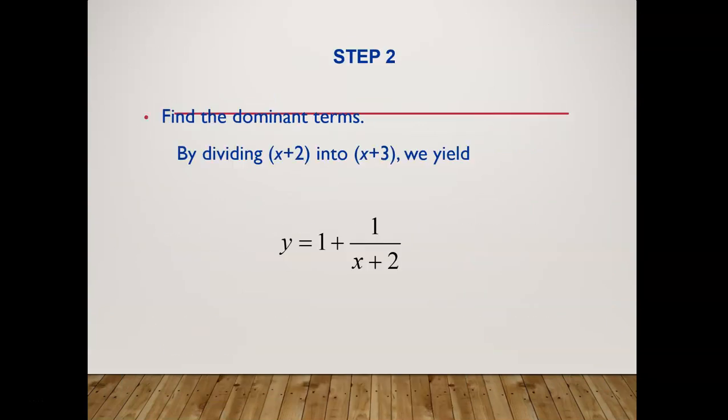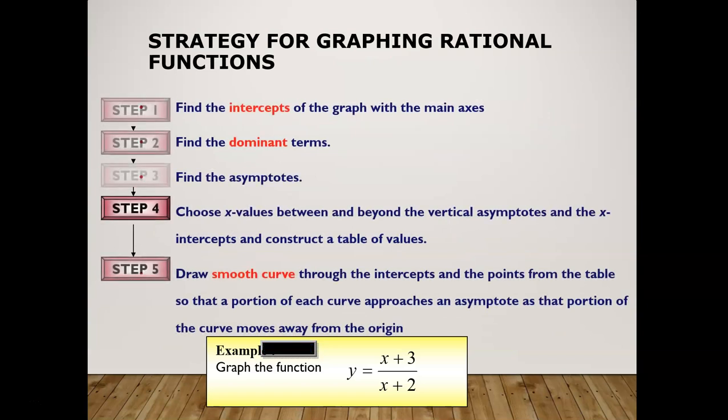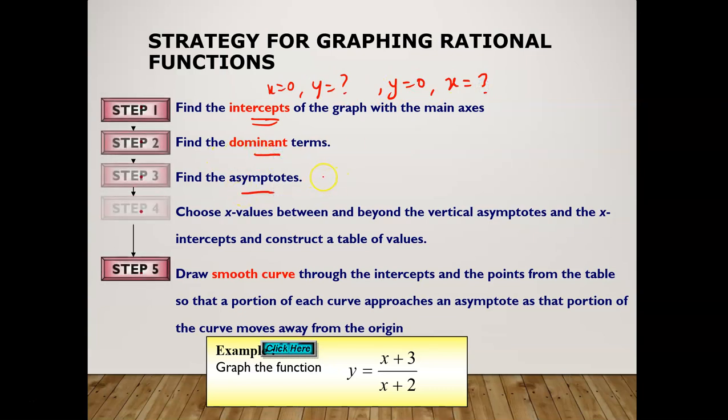Okay, so I already covered the strategy for graphing a rational function. Okay, step 1, you have to find the intercepts. When x equals 0, what happened to your y, and when y equals 0, what happened to your x? Either one is fine. And then find the dominant terms, find the asymptote. Asymptote is,